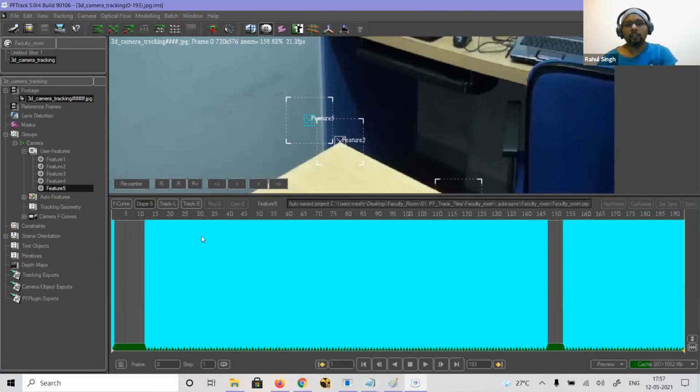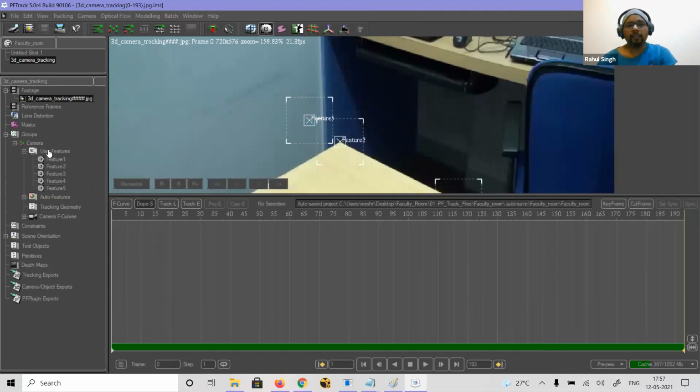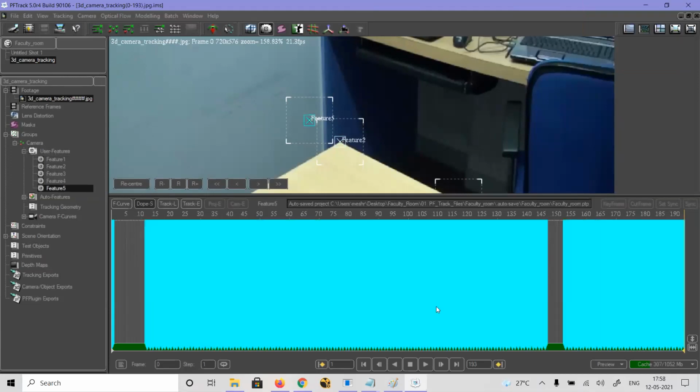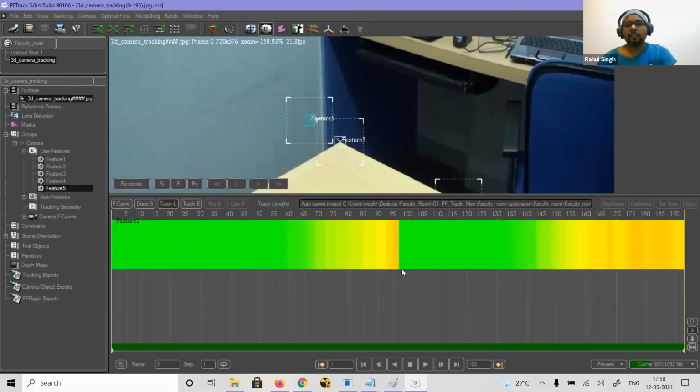Then you have a dope sheet, where basically your editing will show. Whatever feature you use, you will find everything it will show. So whatever manual track point you have added, it is showing with this line. Track L shows the feature length, whether it is having a very good track or not.